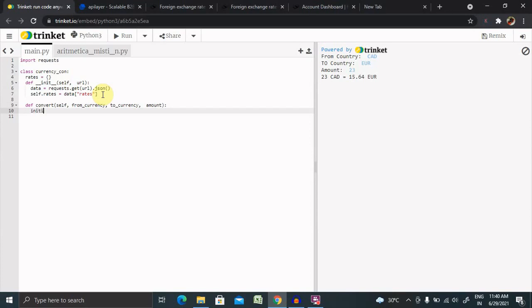So initial amount equal to amount, then if from currency not equal to EUR, then this will show amount equal to amount divided by self dot rates.